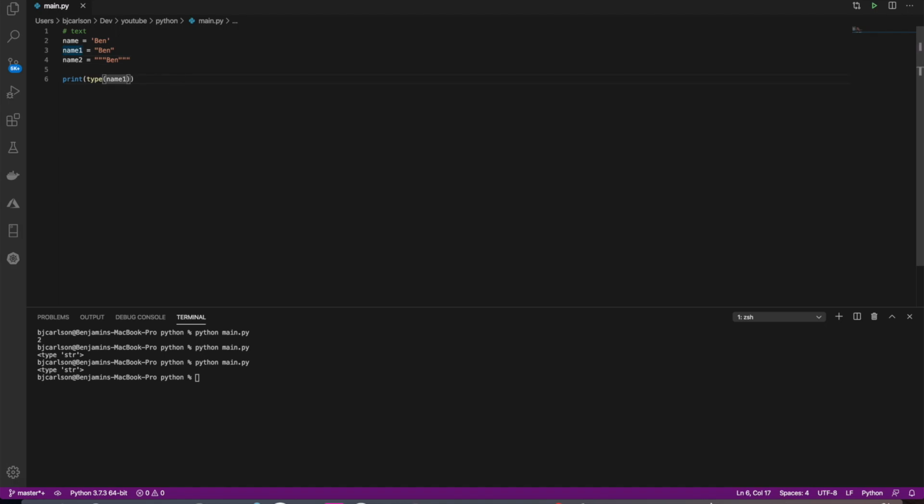Now if we print out that, again, type string. So these are all great ways of declaring strings. Now, you might be wondering why you'd want to use triple quotes. Well, say we have a quote. If we use double quotes,